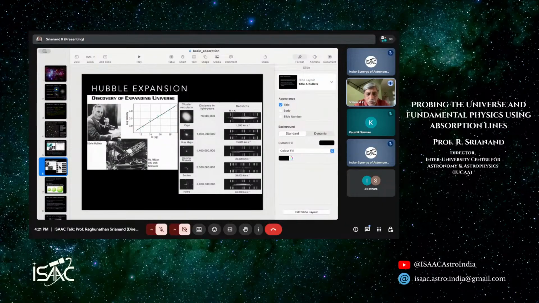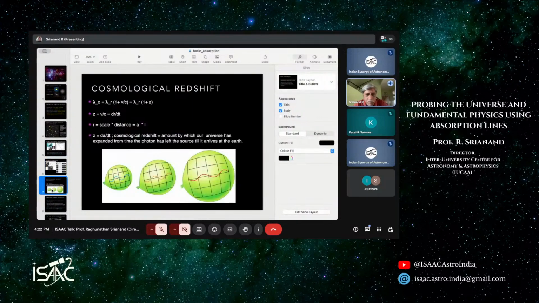Also, in a jovial way, we don't want to be people who are not liked by these galaxies. Why should they move away from us? That means, what did we do so that they don't like us? A simple explanation for this comes from what we today call cosmological redshift. We can understand it in the following way. If you look at the Doppler shift equation, lambda observed will be lambda rest times (1 + v/c), v being the velocity at which the emitting source is moving away from us. Plus is going away in this reference.